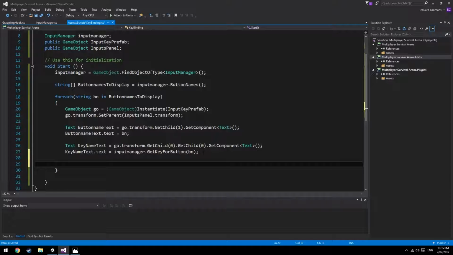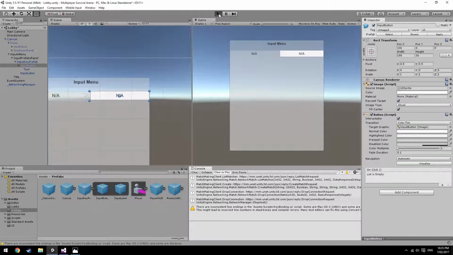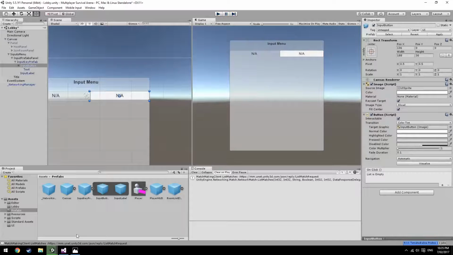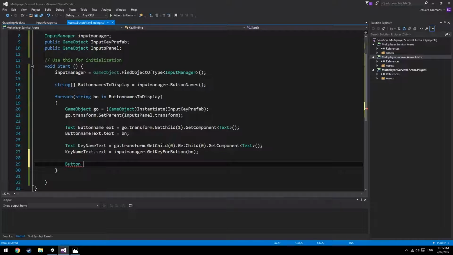And down here we have to get a button, so we want to interact with this button here. So we click it now, it does nothing, but we want to click it and we want to rebind it to whatever key we are pressing down currently. So here we'll just get a reference to that, and we'll say key bind button is equal to let's get that, and we'll take this away,